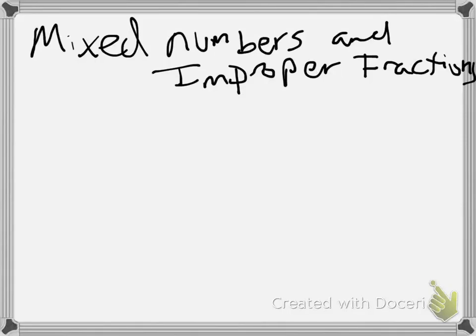As we continue to look ahead, we want to look at mixed numbers, which, if we remember, are numbers that have a whole number and then a fraction with it. So 3 and 4/7 is an example of a mixed number. And we want to look at how we can turn that into an improper fraction, and it's a pretty easy